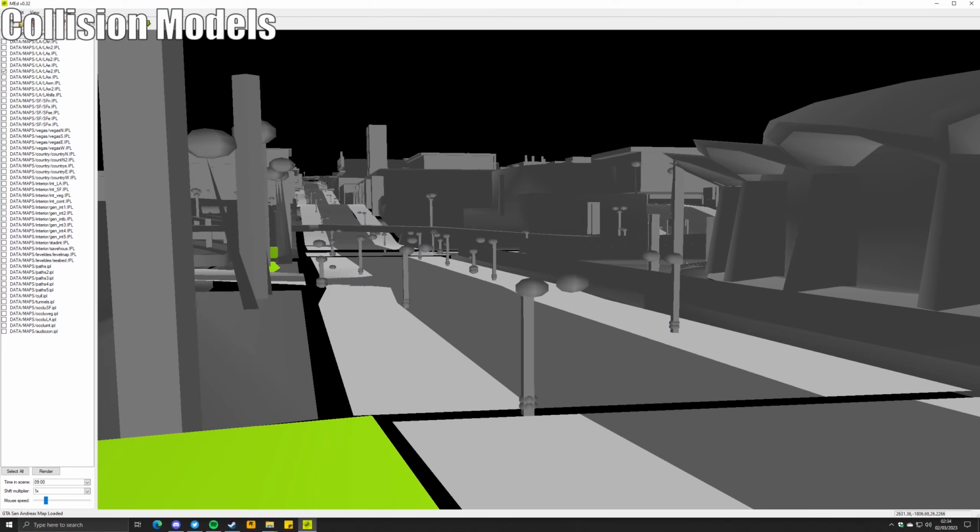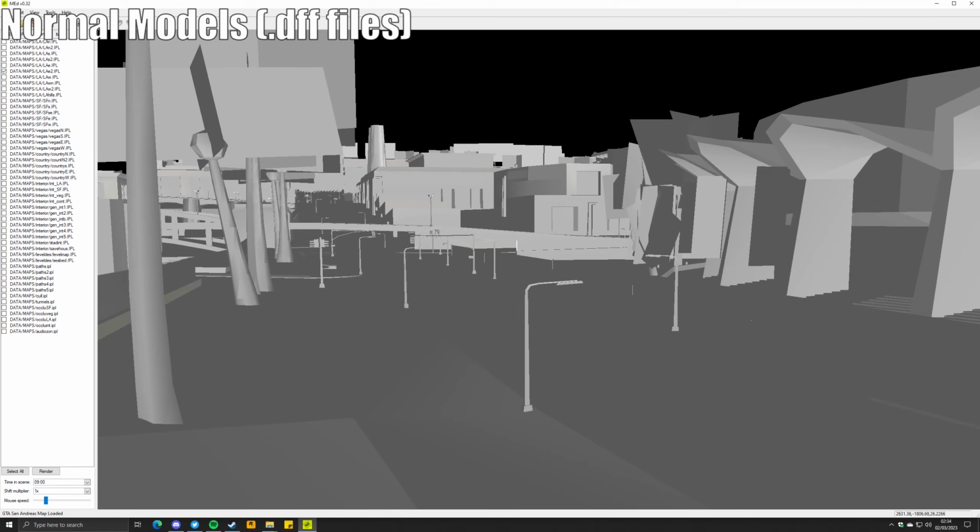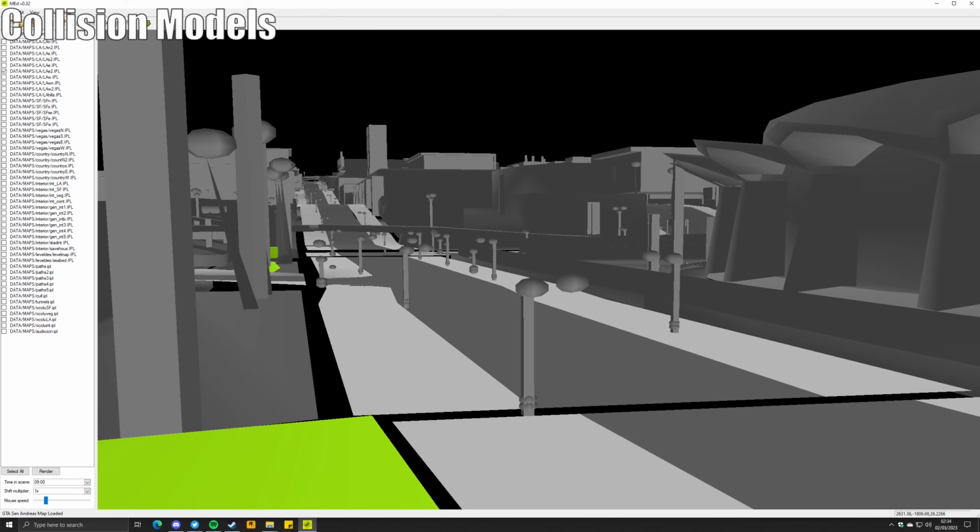Most of the visual models in the game have a collision model stored in a collision file. Typically, the model stored in this file is a more optimized version of the visual model you actually see in-game.